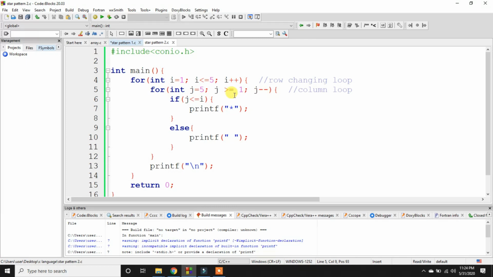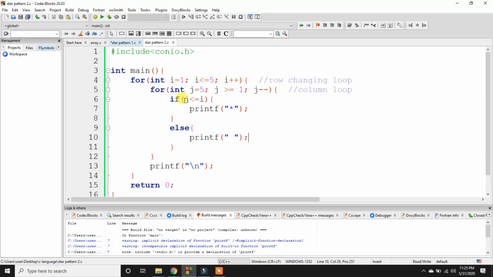We are actually traversing the j loop in reverse. So if j is equal to 5 and i is equal to 1, it will print the star, and else if the condition is not satisfied, then it will print a space.